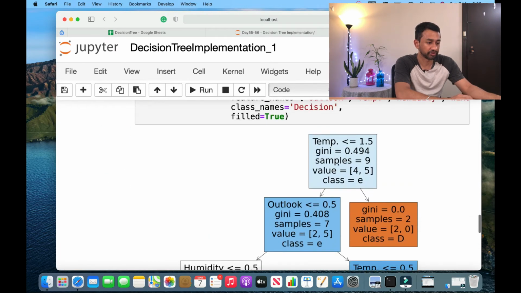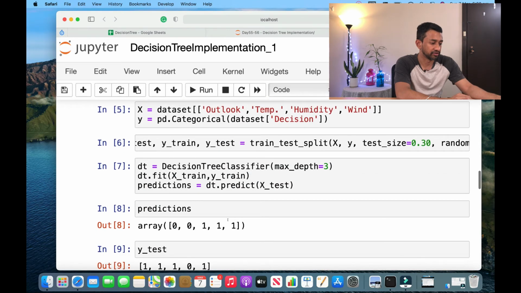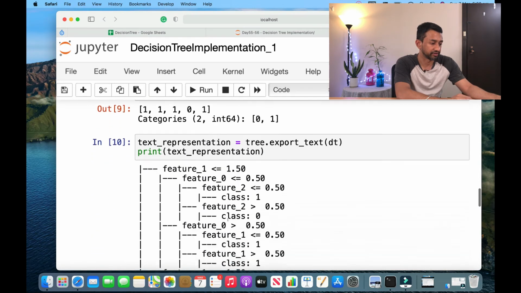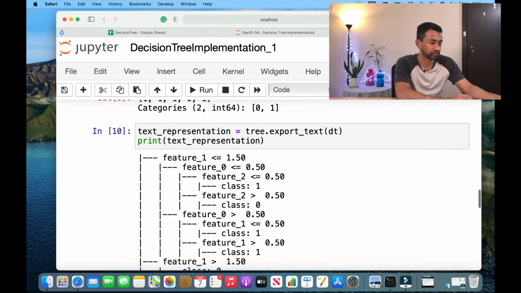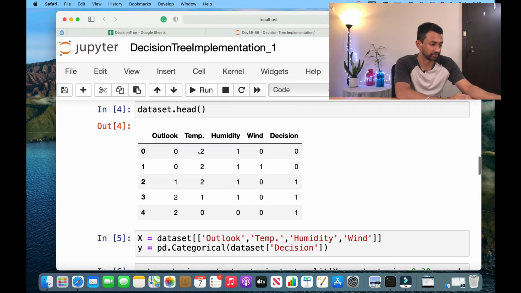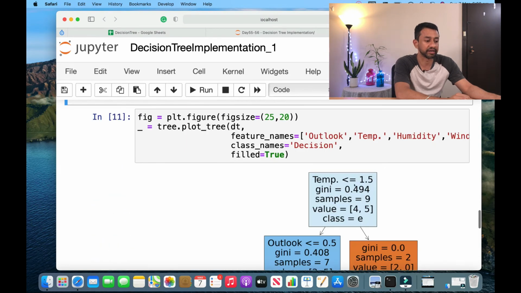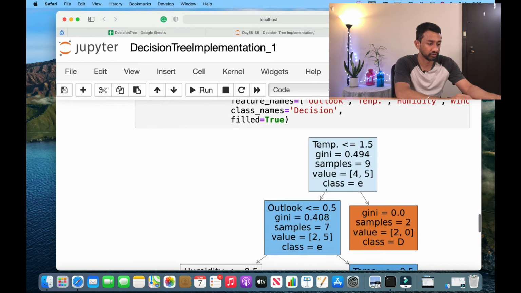So if you see here, temperature, the attribute temperature is the second attribute. In this case the feature starts with index 0. So feature 1 is the second attribute, which is nothing but temperature, the one that we see here. If it is less than 1.5, then it goes here. Otherwise, if it is greater than 1.5, it goes here, and then the tree ends